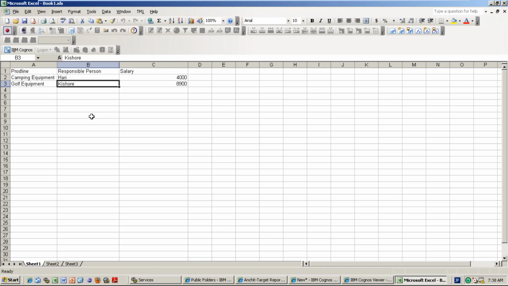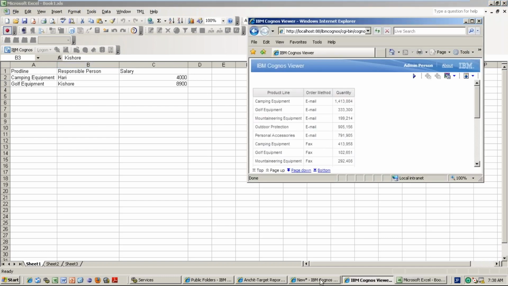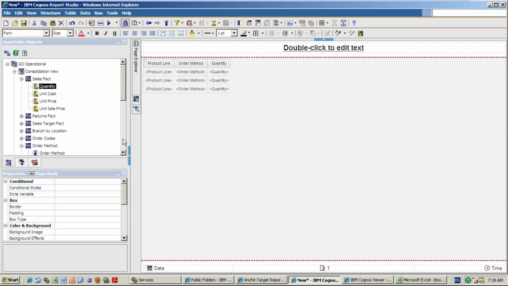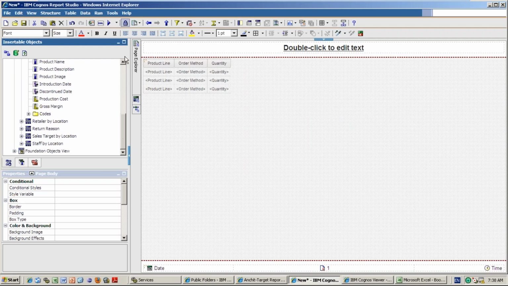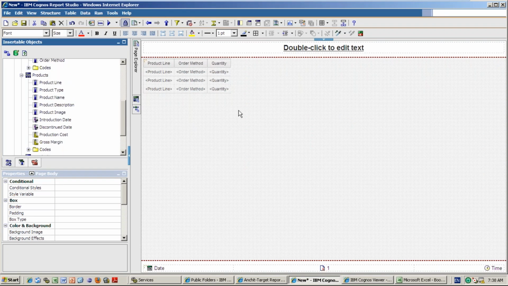Then go to the Framework Manager and you have to update the query subject. That means you need to update the table. Then those 2 columns will appear, then you republish the package. Then you come to Cognos and see the report, then whichever table you have added those extra 2 columns to, maybe the product table, you drag and drop those 2 columns here, then you will get the output. This is the normal process.